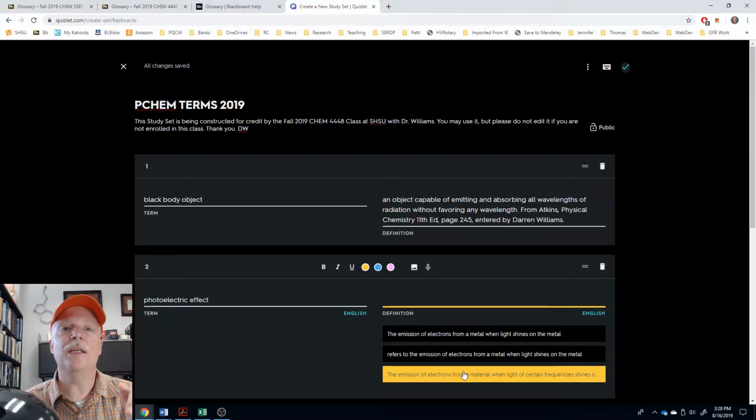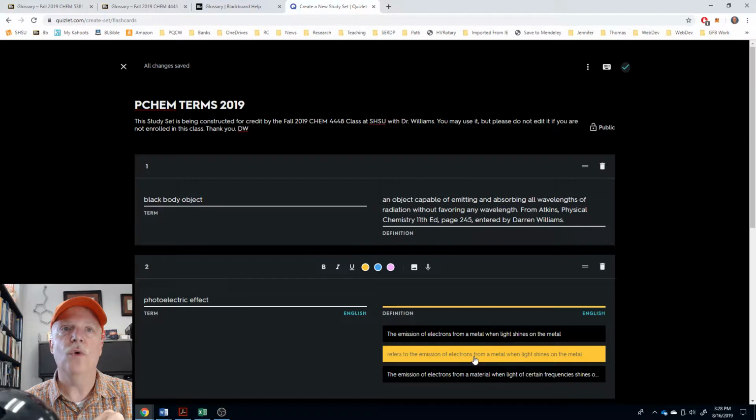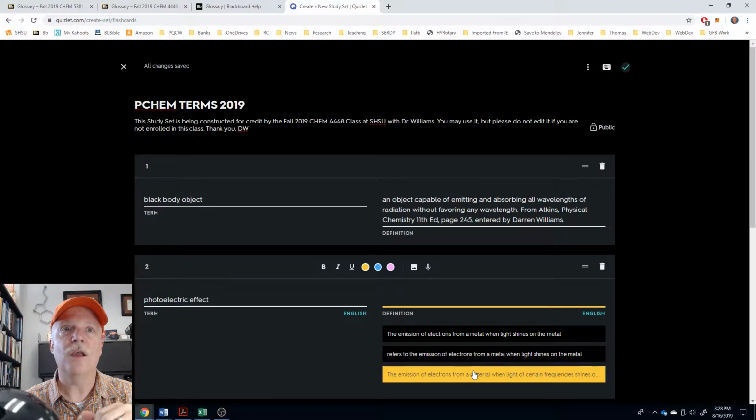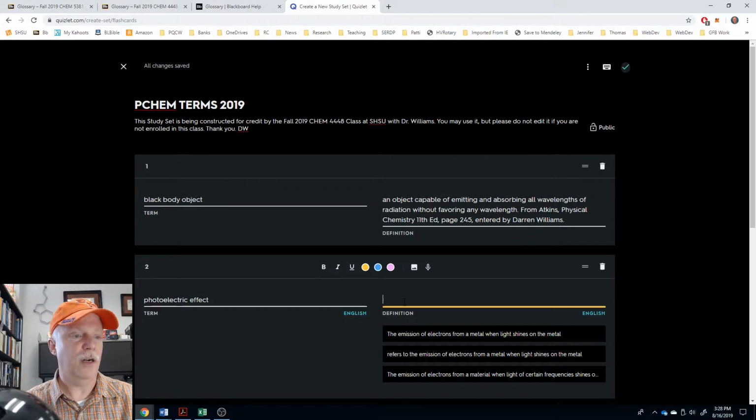And then your name is in there as well so that I know who to give credit to for entering that term. So I'm not going to select one of these Quizlet auto-generated definitions. I'm going to type in the one from the textbook and I'm going to put my citation. So I'll put the cursor here and type in the photoelectric effect establishes